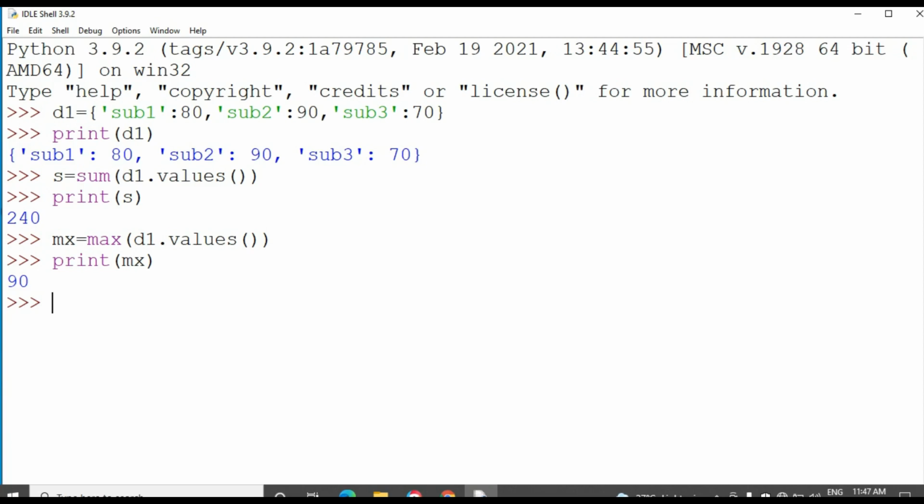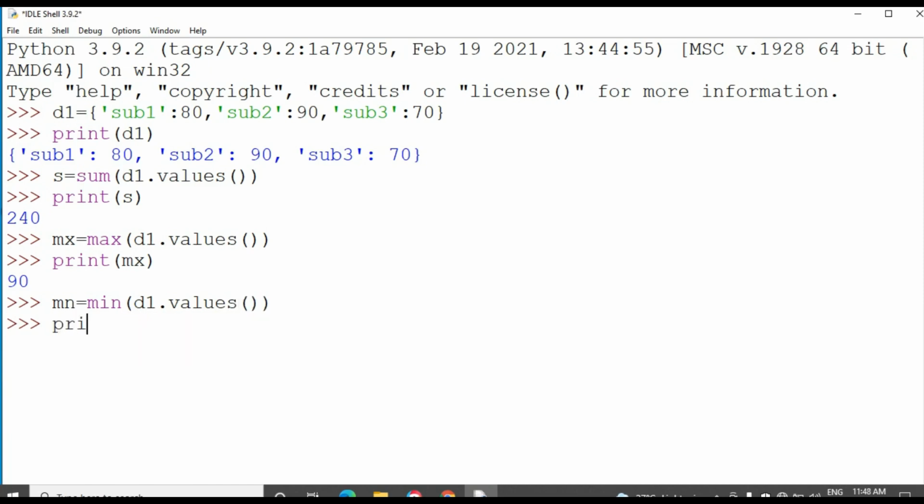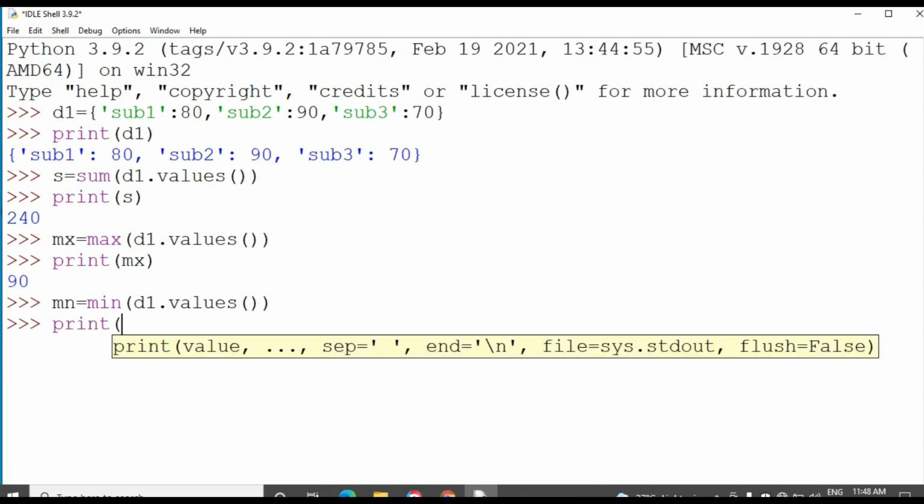Then I want to find out the minimum value of the dictionary. To find that, I want to take a variable name min. So minimum of D1 dot values of.